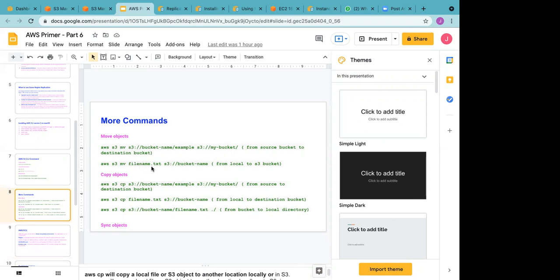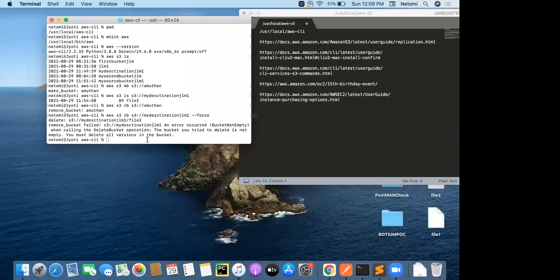In the same way, if you want to copy anything which you have created on your local system to a specific bucket, let's go ahead and do the second exercise. I'll create a few files on my local system and then upload them to a bucket. So let's first go ahead and create a new bucket. S3 MB.